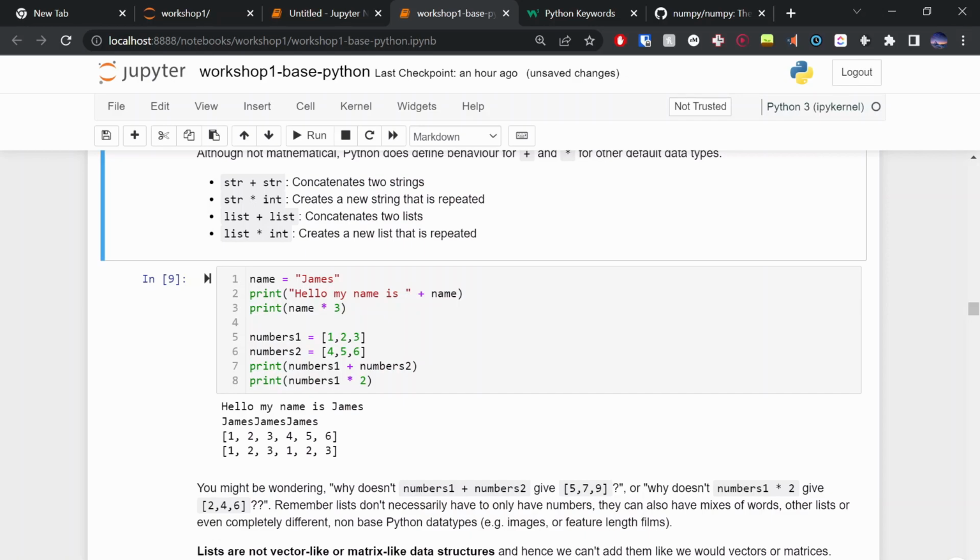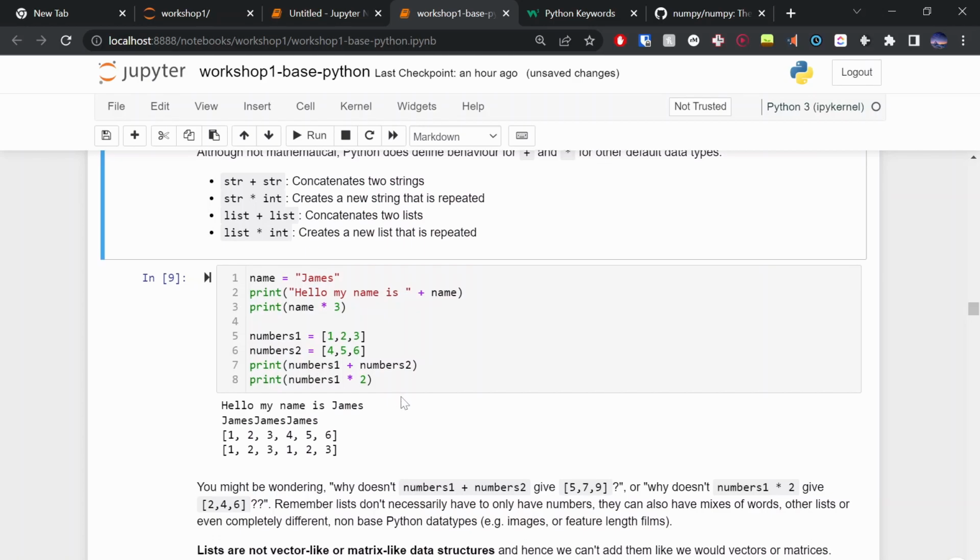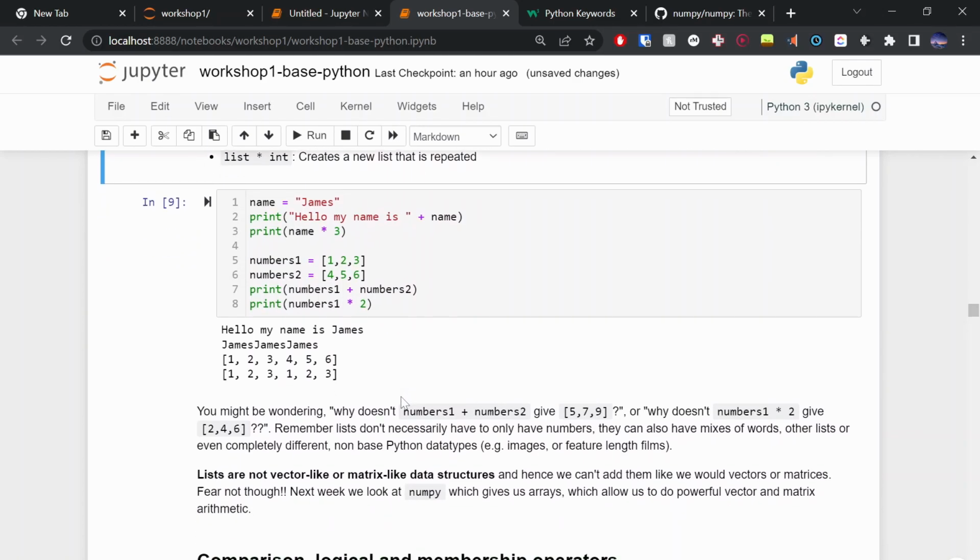When we add lists together, if you have a list of 1, 2, 3, and another list of 4, 5, 6, and you add them together, you might be thinking, oh, those are vectors, 5, 7, 9, right? Unfortunately not. It just sticks those lists together, slaps them end to end.